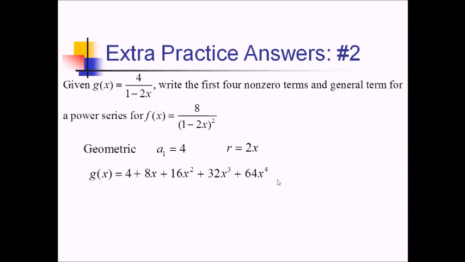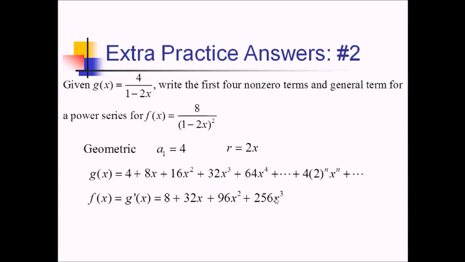And now for the general term, so we're going to have an x to the n, we're going to have a 2 to the n, and then out in front of all of it, we need a 4 for that first term. So I'm going to write 4 times 2 to the n, x to the n. All right, let's go ahead now and take the derivative of this because, as we said earlier, f is really just g prime. So going left to right, this 4 is gone, but we have an 8 for the first non-zero term. And then we follow that up with a 32x, just using our power rule here,